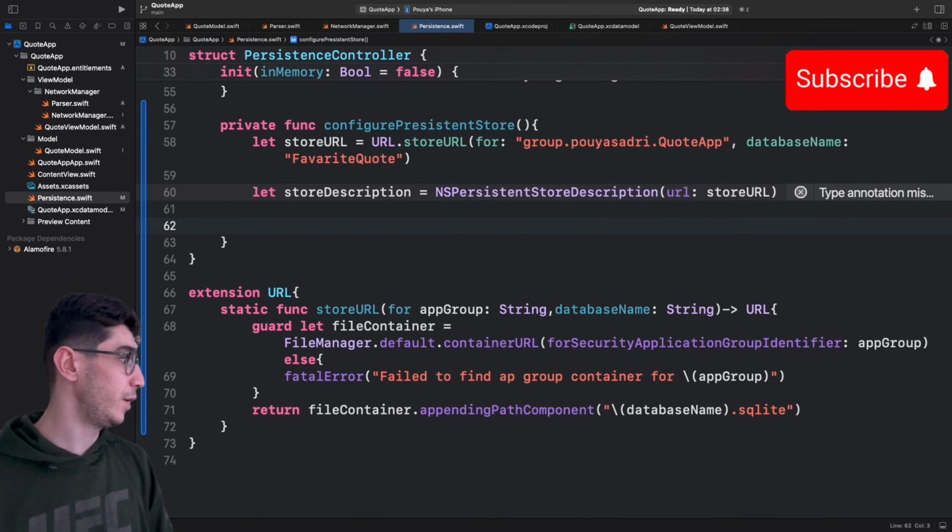So persistent description equal to an array of store description here. Let me just see where it goes. Yep, that's it. So here we just remain the same, and then here we have to